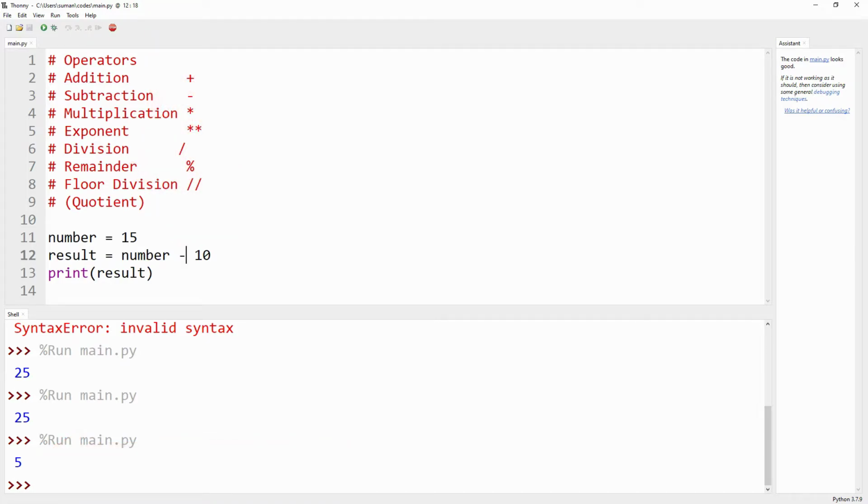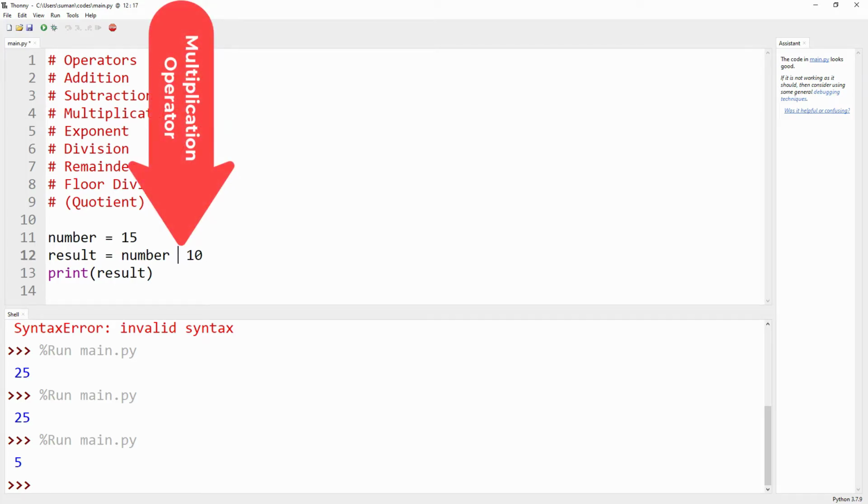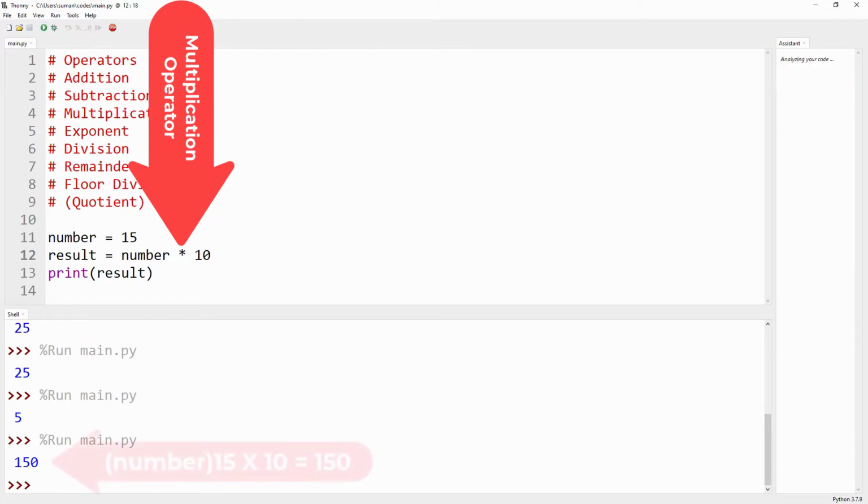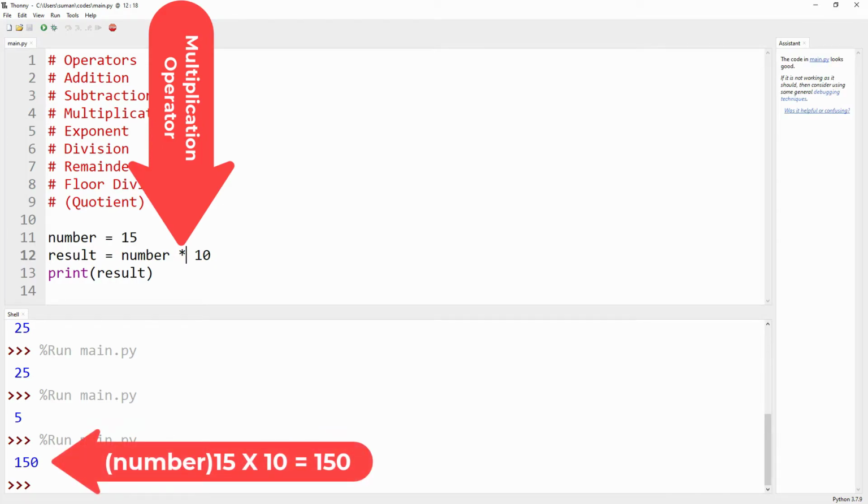For multiplication, we use the star operator or the star sign. If we change the code and run it, we get 150. So 15 into 10 gives 150.